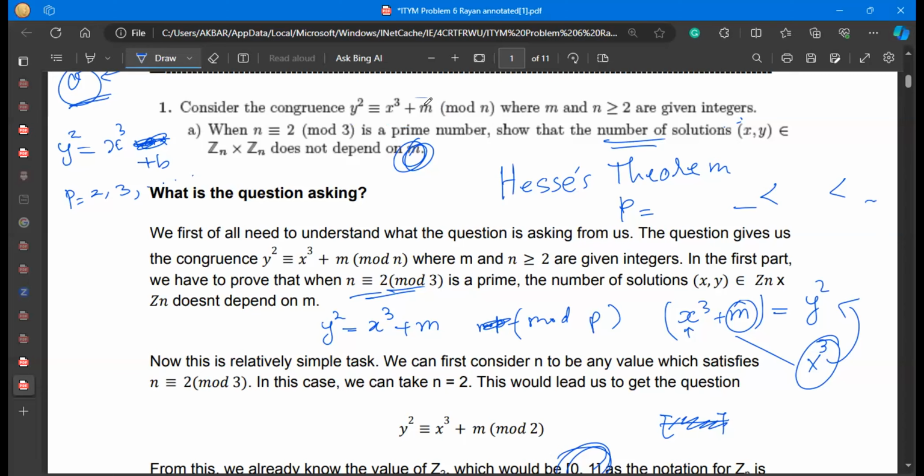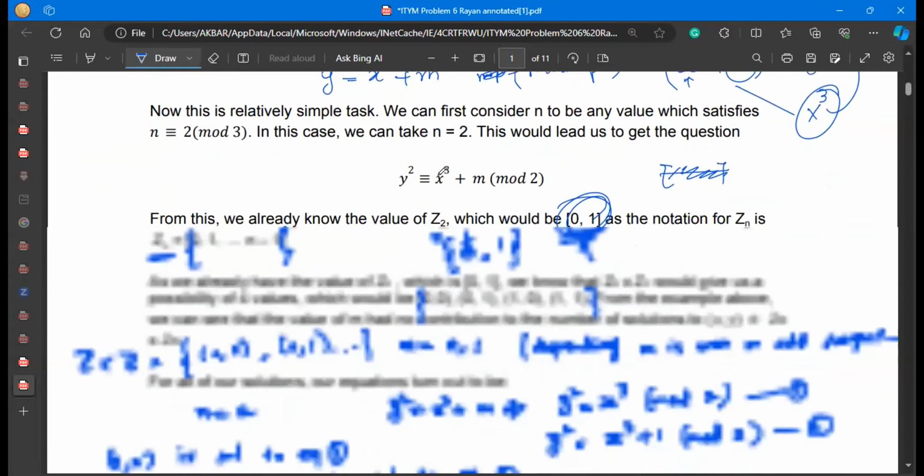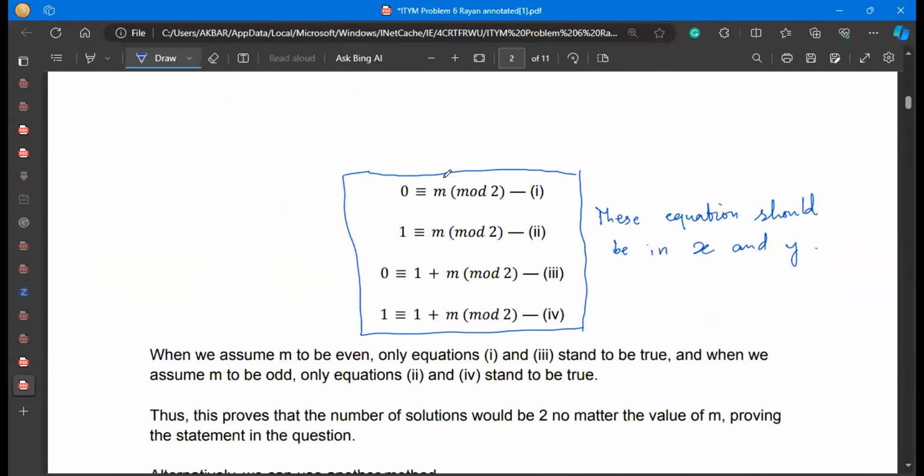ठीक, समझ आ गई बात कि आपने ये प्रूव करना है बस कि m यहाँ पे स्क्वायर्स जो होंगे उनमें m किसी भी तरह से कोई रोल प्ले नहीं कर रहा। सो नंबर ऑफ जो सॉल्यूशंस x y है, नंबर ऑफ सॉल्यूशन का ये मतलब है कि इस इक्वेशन को सेटिस्फाई करने वाले x और y, ठीक है, वो हमारे m के ऊपर किसी तरह से डिपेंड नहीं करते।